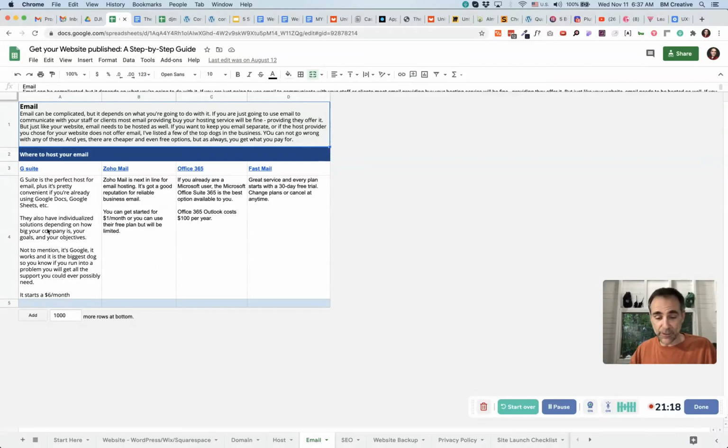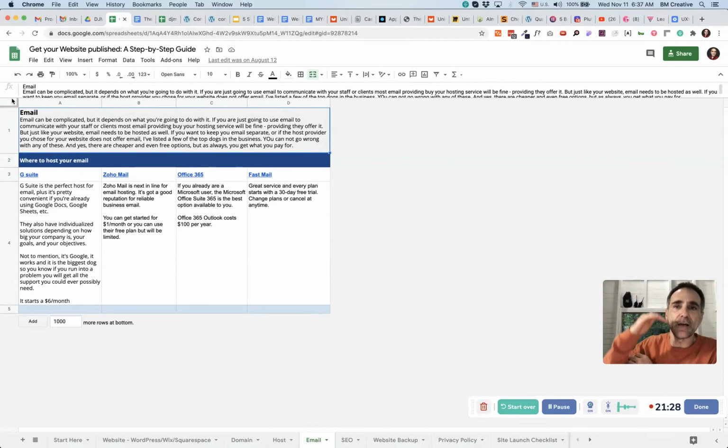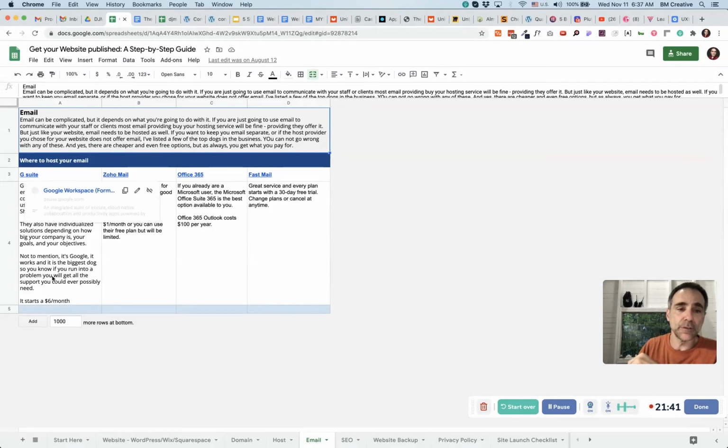So it's like your website is hosted on a server, and your email is also hosted on a server. And why is this important? This is important because of all the different spam protections that are out there now. There is a high threshold to get over in order for your emails to be considered not spam, valid, and delivered. So if you're using a service like G Suite, which is the Google email service that starts at $6